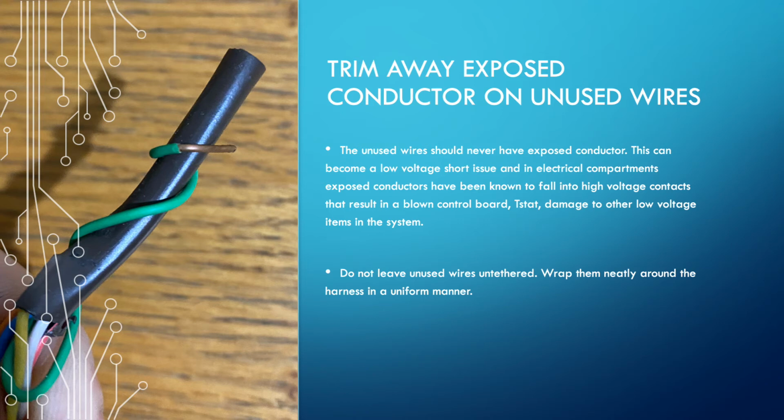And you don't want to have unused conductors just floating in the compartment, looking like a bunch of loose hairs on a toddler's head. These conductors, when you're troubleshooting or moving things around, can fall into high voltage contacts. If you ever have a low voltage wire that's tied into the system and it ends up touching high voltage, that can blow through gateway transistors, it can blow through diodes, and it will tear through control boards across